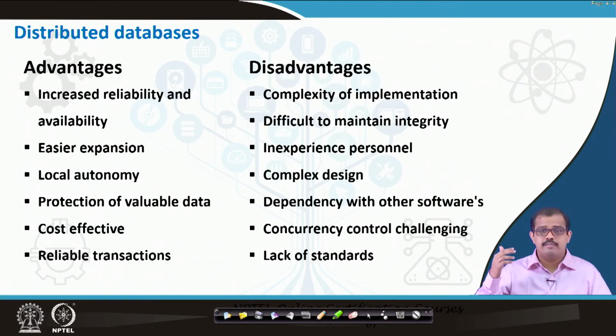So, let us say that each distributed database has been developed in its own software system and command consoles. You have to look at their software and its interoperability with your software in order to give out the data. So, that is important. Concurrency control is challenging. In today's scenario it may not matter much, but yes, it is a challenging task. And most importantly, in distributed databases there is a lack of standards of representation, standards of storing, and integrity.